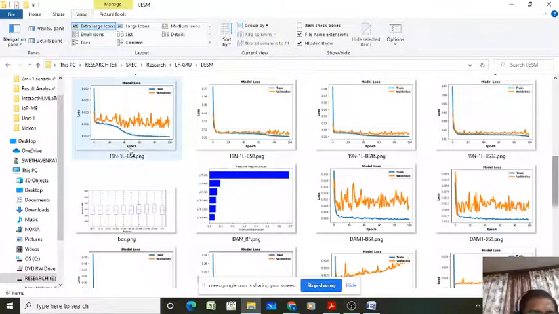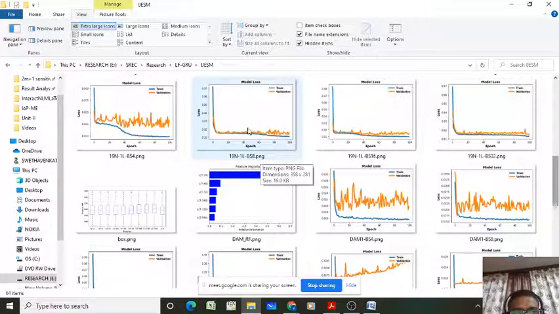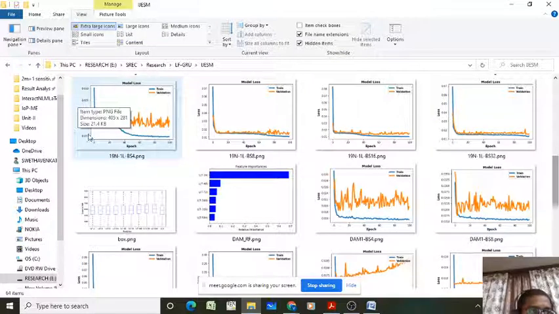So these are called the convergence characteristics. Suppose I am taking the batch size 4, that means the number of samples in each batch equals 4. Then the oscillations will be like this, because there are more parameter updations. When my batch size is 8, the oscillations will be like this. It is somewhat smooth when compared to this one. So this is called convergence characteristics: how your loss function varies with respect to the epochs.